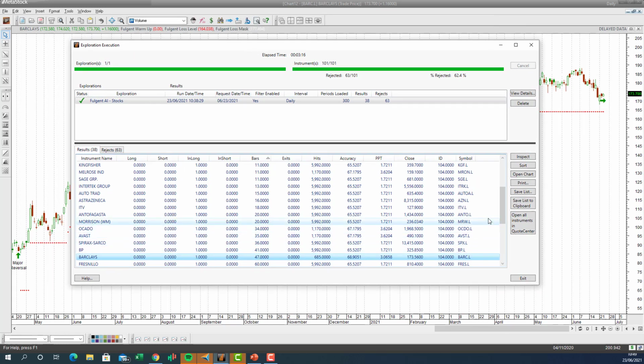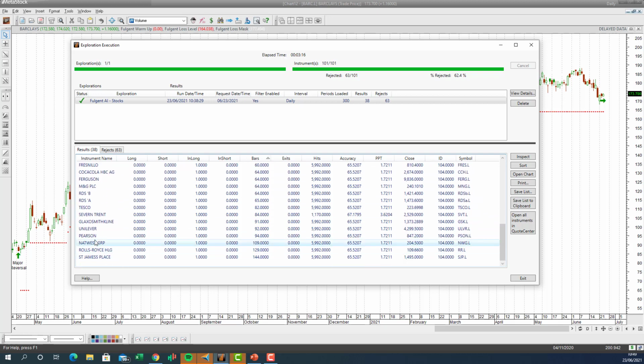We can see these are all the trades from most recent to longer positions. You can see there right at the bottom St. James's Place, Rolls-Royce, NatWest Group, Pearson, GlaxoSmithKline, Tesco, RES, IMB shares. These are all the ones that have been in a trade for quite some time. So far so good. The AI is chucking off some really great trading ideas as identified out of the